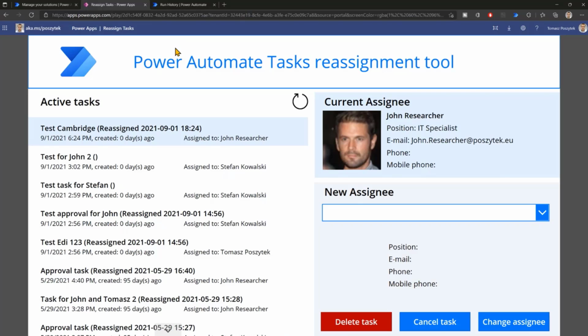And in the end, I really hope that Microsoft is going to start working really hard on this piece of functionality, because for most of the business workflows that I'm working with, such functionality that would allow me to reassign a task automatically or to cancel a task automatically is a must-have. And so far, there is nothing that I can use instead, apart from directly querying Dataverse. And I'm personally really looking forward to having such functionality.